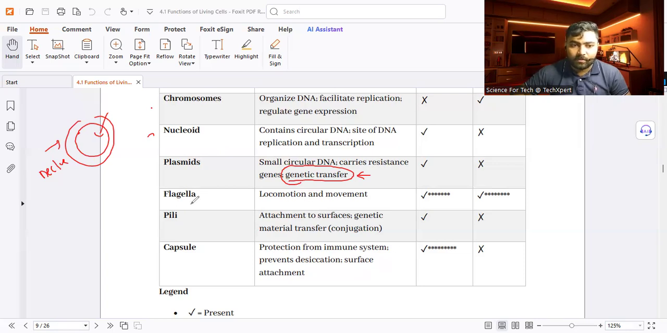Flagella. This can only be seen in prokaryotic cells, and actually some eukaryotic cells also, but most of the